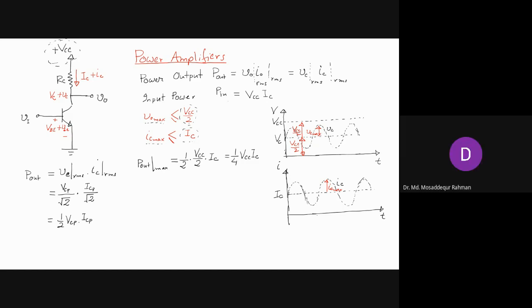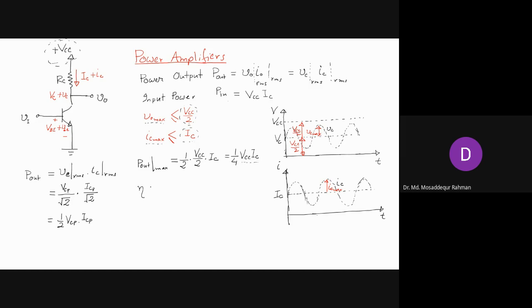So that is the theoretical maximum value, and the maximum value, of course, is determined by the supply voltage and the bias current. So if you want higher output voltage and higher power, you need to either increase the supply voltage or the bias current, right? So now,